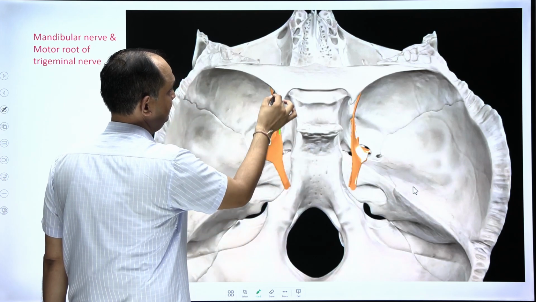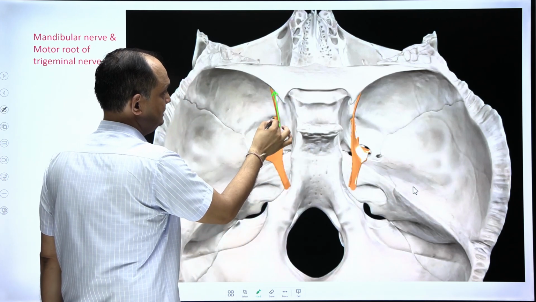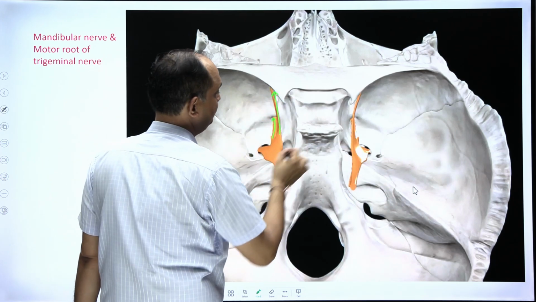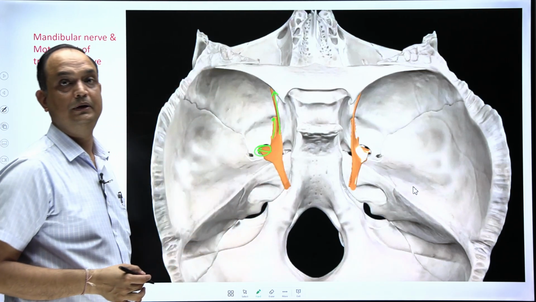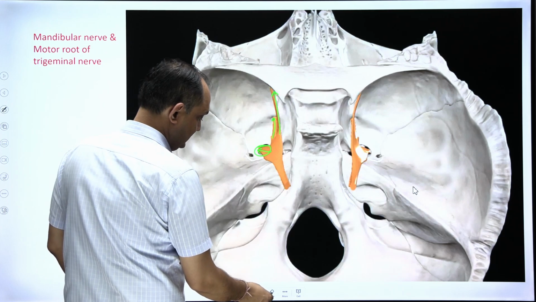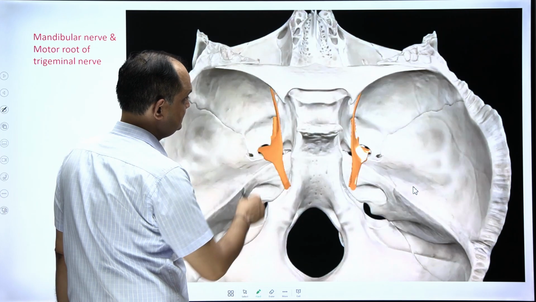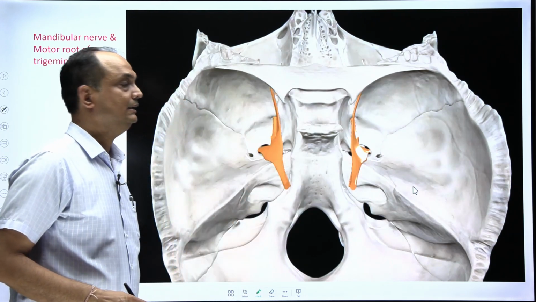Now, these are the three branches. This is your ophthalmic, this is maxillary which is going into the foramen rotundum, and this is mandibular which is going into the foramen ovale. Now when you see the remaining part of this video, you will be able to understand